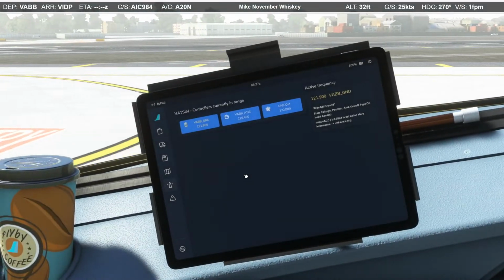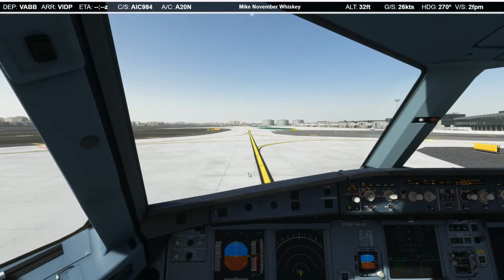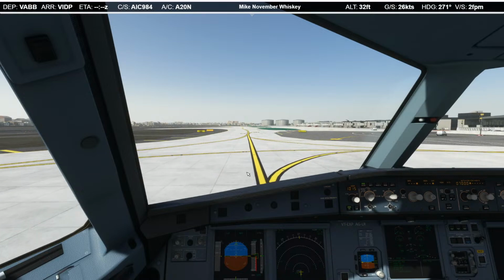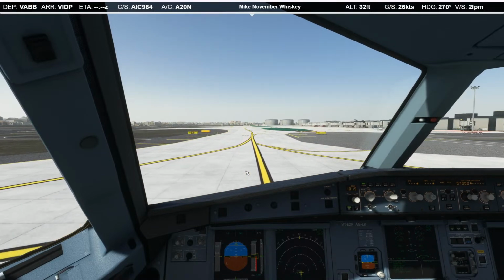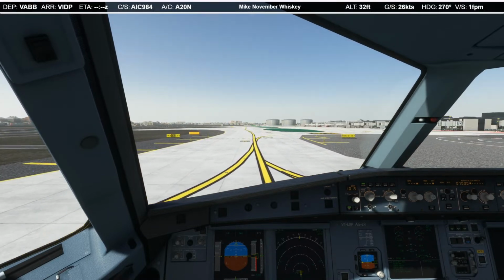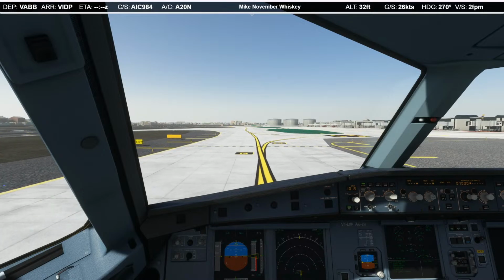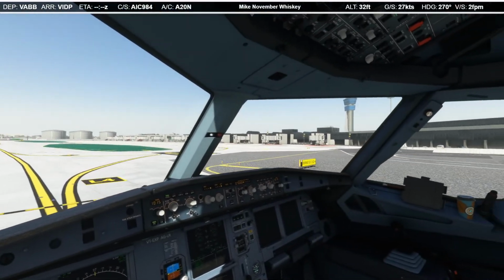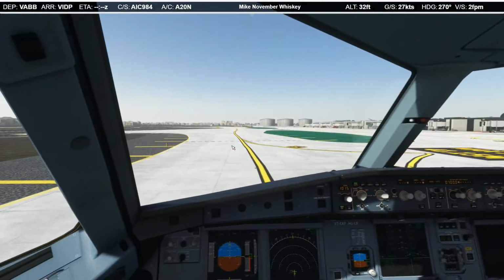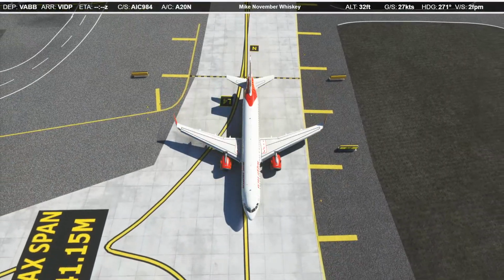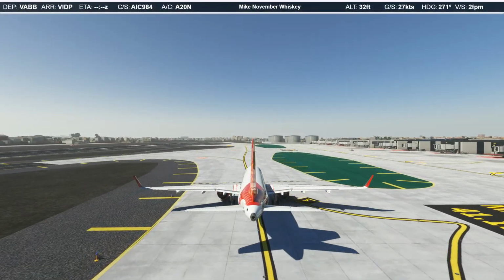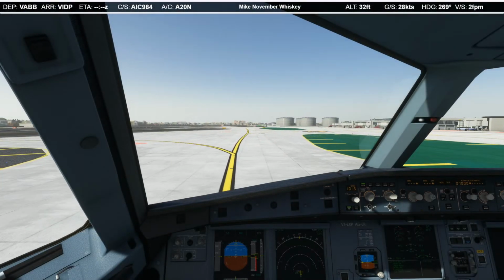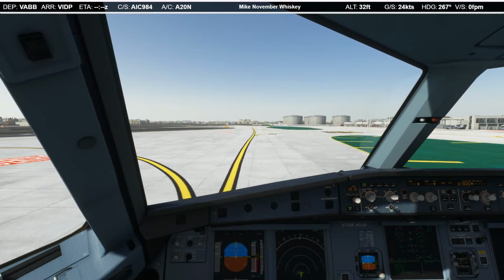Just want to make sure. Okay, it's just ground, so we'll go to Unicom after we take off. November 8. Get more of the airport scenery here. There's the tower. That looks awesome. Start to slow down here.